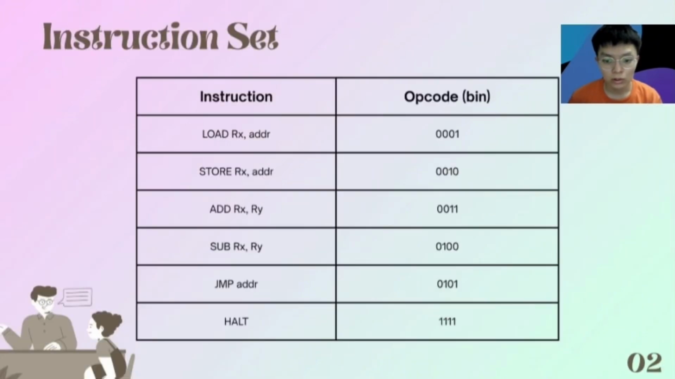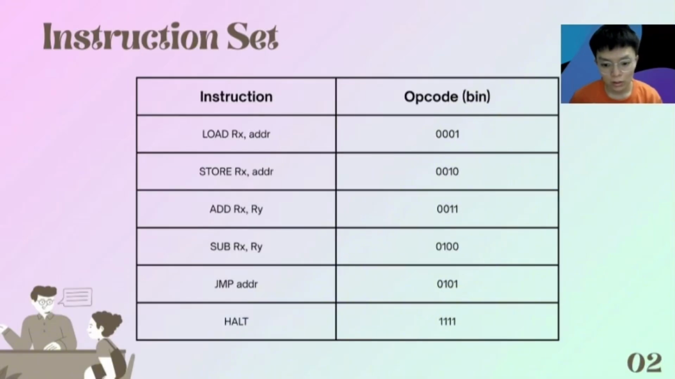And next, part 2, instruction design. All instructions are 8-bit long, split into 4 bits for the opcode and 4 bits for the operand. We support 6 key instructions. First, load moves data from memory to registers, and the next is store. Store sets register data to memory, and add and sub perform arithmetic, and the JMP changes